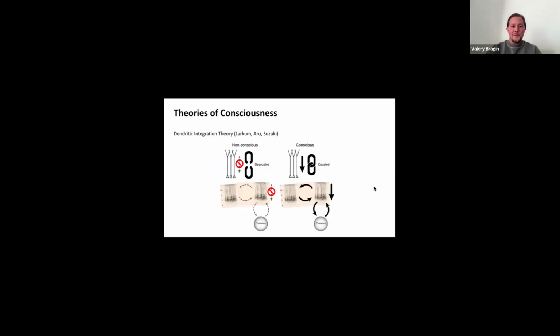Another one that I wanted to mention is dendritic integration theory, DIT. It comes partially from colleagues here in Berlin at Humboldt University, Matthew Larkum and his colleagues. And very roughly, it proposes that layer 5 pyramidal neurons in cortex integrate feed-forward and feedback inputs, so bottom-up and top-down inputs across cortical layers. And yeah, we'll come back to it when we talk about our modeling work in a little more detail.